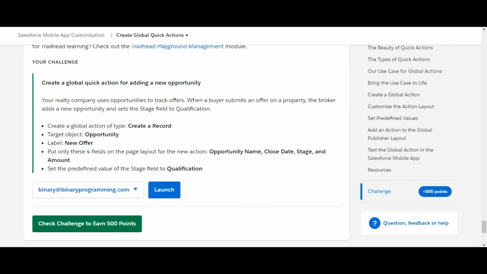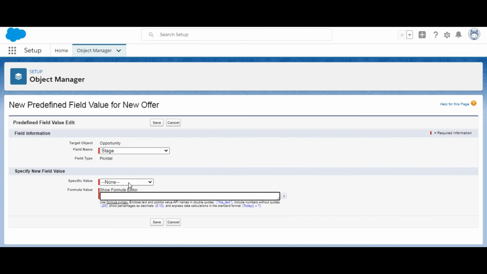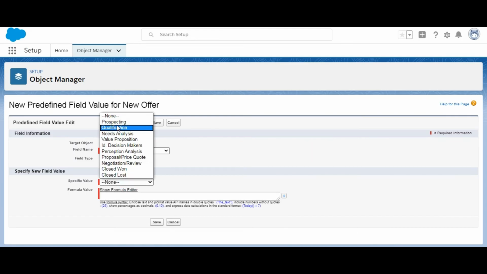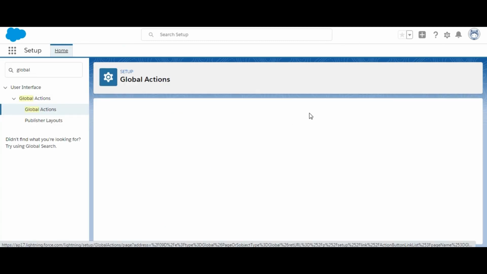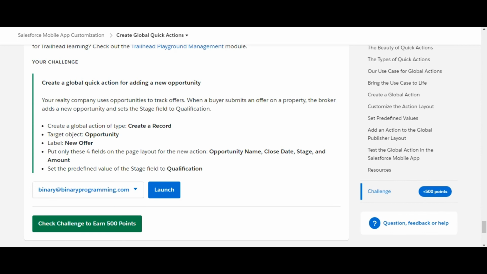So the specific value we need to set as qualification. In this specific value drop down we will select the value as qualification and we'll click on save. So we are done with the steps given in this challenge.